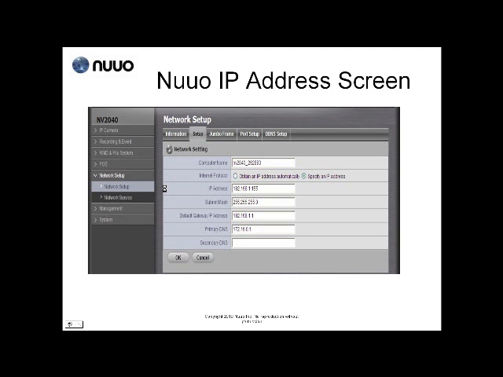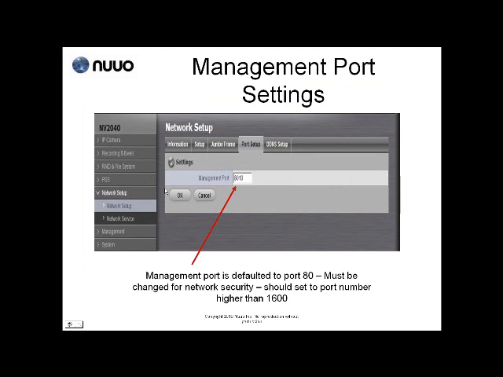I'm going to tell you, anytime there's a default, it should be changed. You want to set the management port for the device to a different number than 80 and a higher number than 1600. There are scanning softwares that are readily available for hackers to use, and hey, I got it too, that you can scan a network and it'll scan the first 1500 ports and it'll tell you every device that's on that network. Well, if we select a port number that is higher than 1500 or 1600,